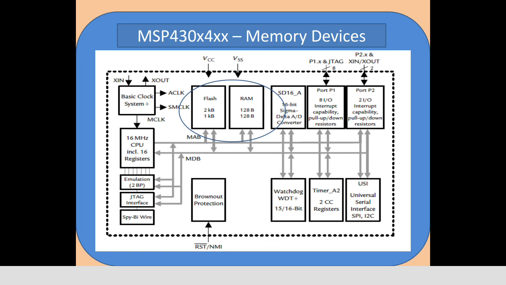Always we need to keep the code permanently, and that should not be modified by the user. That's why we can use the flash memory for the purpose of code. And coming to the RAM, that is read and write memory, random access memory, that allows a number of read operations and a number of write operations. So here we can use some conditional data input and the data is modified by the user. And here we can mention the flash memory is 2 KB, 1 KB, RAM is 128 bytes, right?